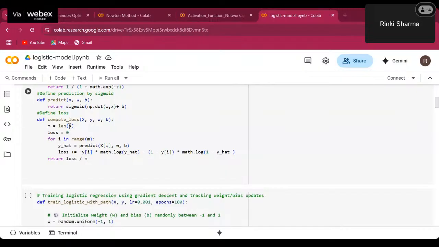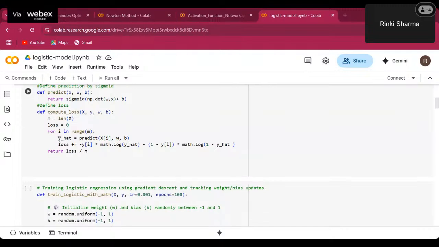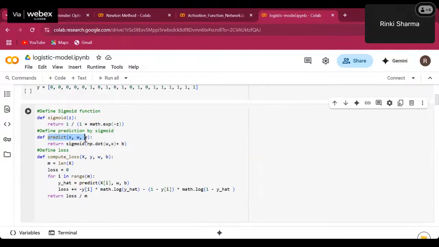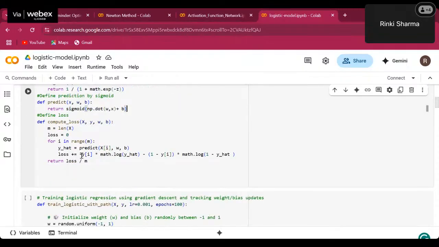First, y hat is the predicted value, so it will call the prediction function. This predict will call this function, and it will return the sigmoid of these values for the first sample. Then loss will be computed for the first sample using the log function, using the binary cross entropy function, and again for